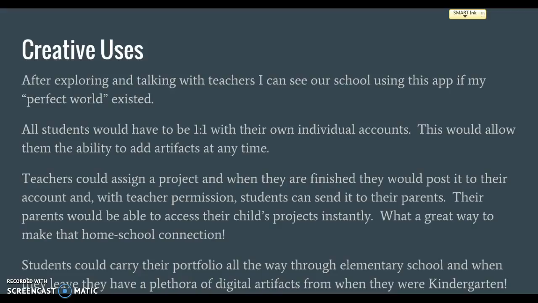I think it would be really neat for students that are leaving in 4th or 5th grade to be able to see their spelling tests when they were in 1st grade, or how they learned their letters, or what letter sounds they had trouble with. And I think that would be a really interesting and neat thing for the students to be able to have as a reflection tool. So overall, I really like the app of Seesaw. I think it would be a really great thing to add to our elementary school, and I hope we can add it in the